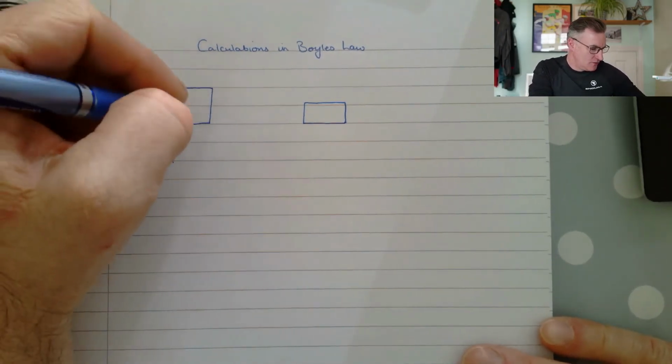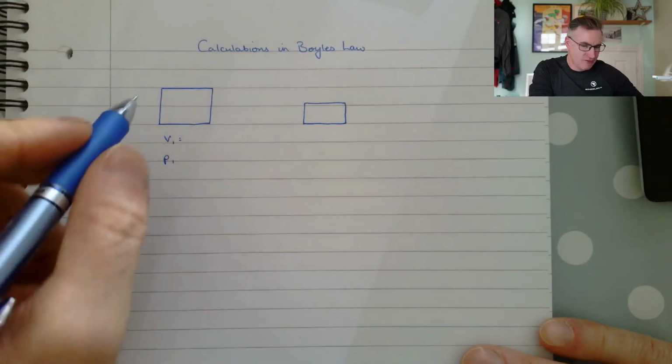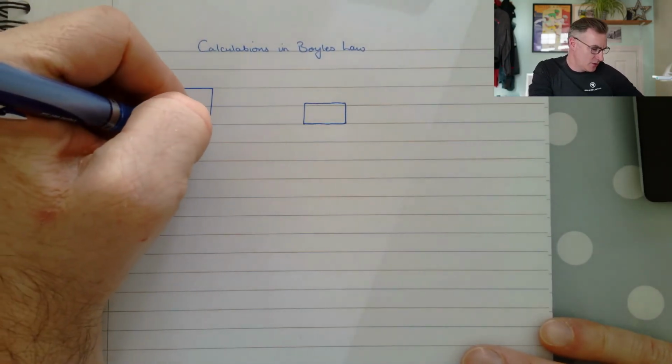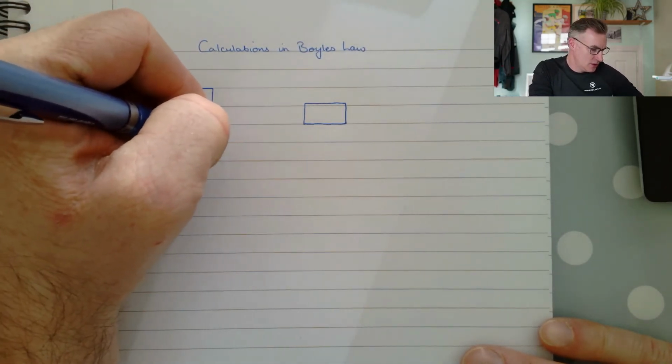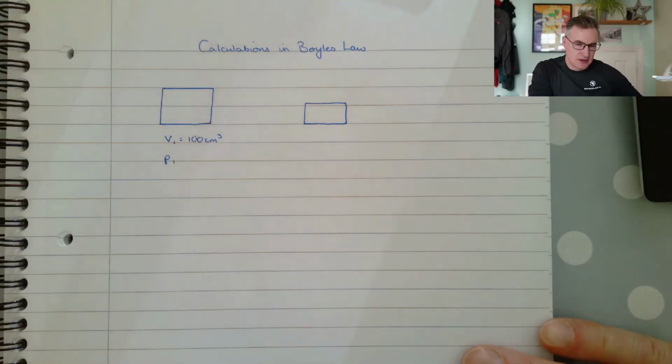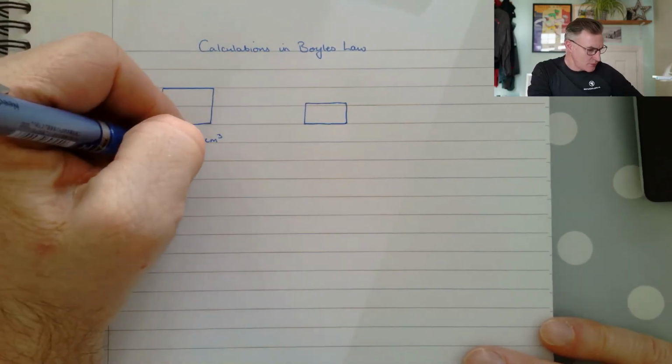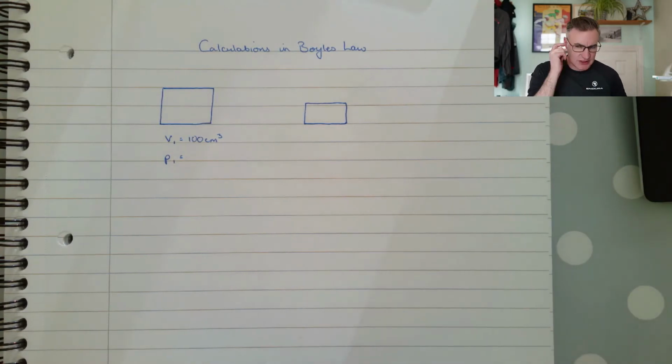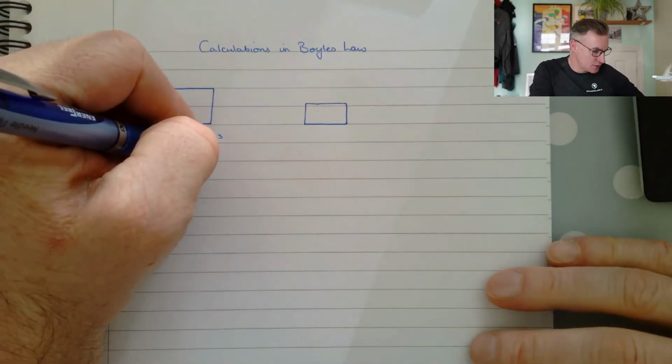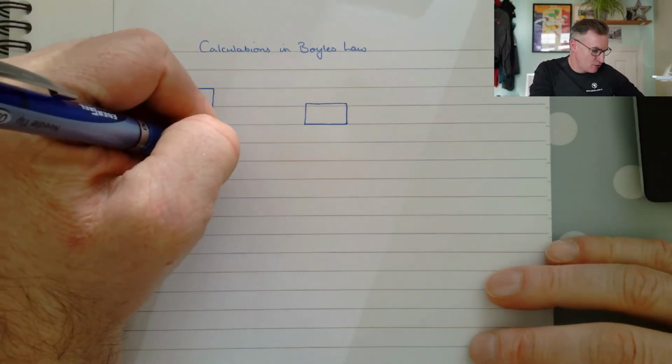And so, for example, we could have the volume 1 be 100 centimeters cubed, and the pressure, say it was atmospheric pressure, so 1 times 10 to the power of 5